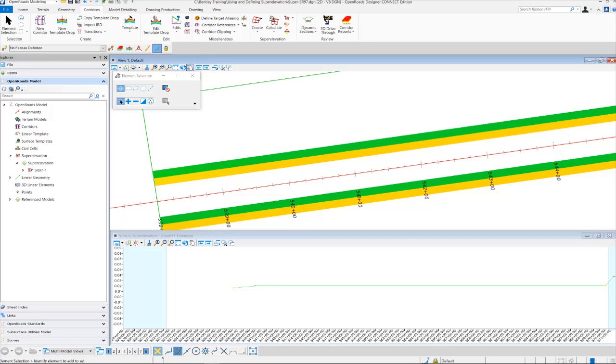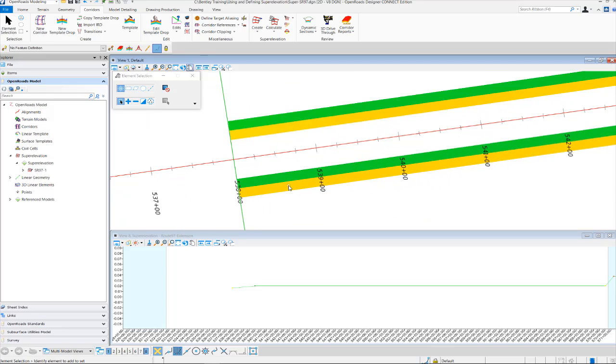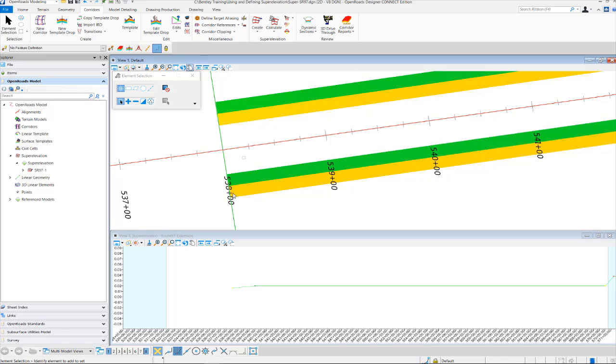Okay, now that we've learned how to modify the slopes and insert slopes on the westbound side of the road, let's go and adjust our slopes on the eastbound side or the right side of our lanes over here. So once again, these particular cross slopes are beginning at 538 plus 00 with a 2% cross slope, and we're going to change these to 1.6%. And then we're also going to go and insert 2% cross slopes at 540, just like we did on the